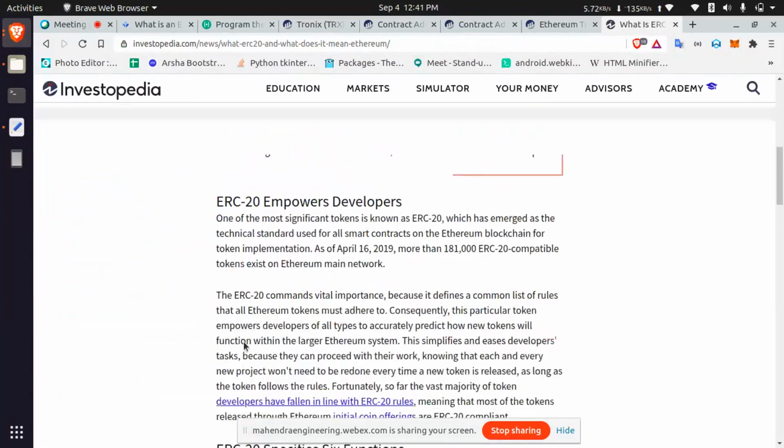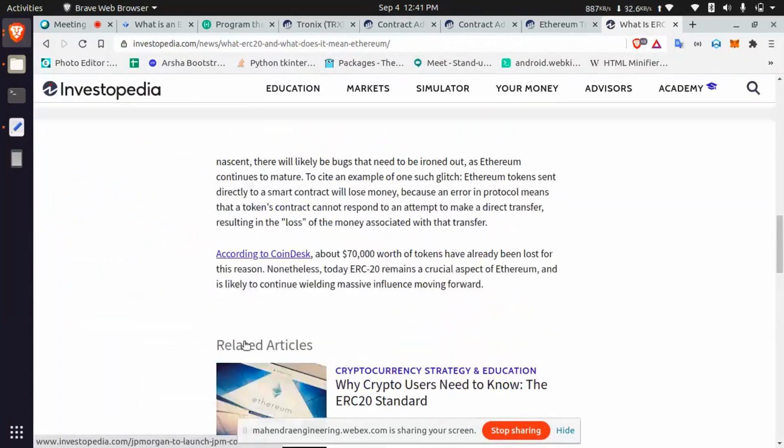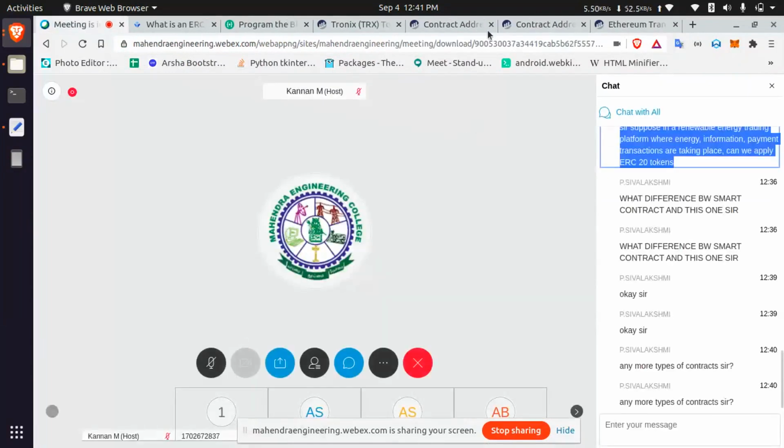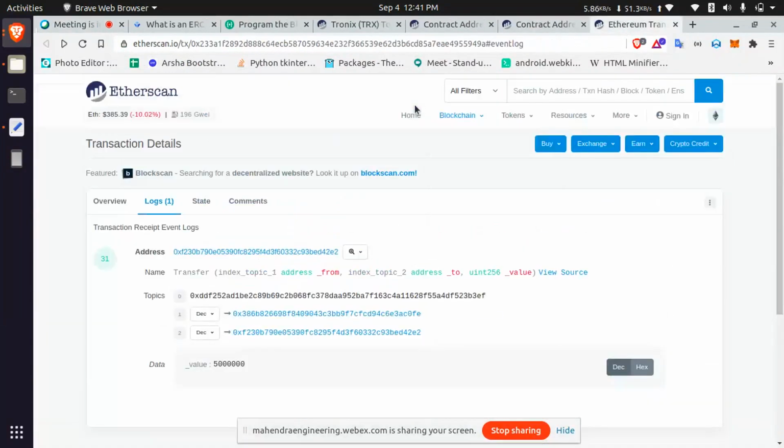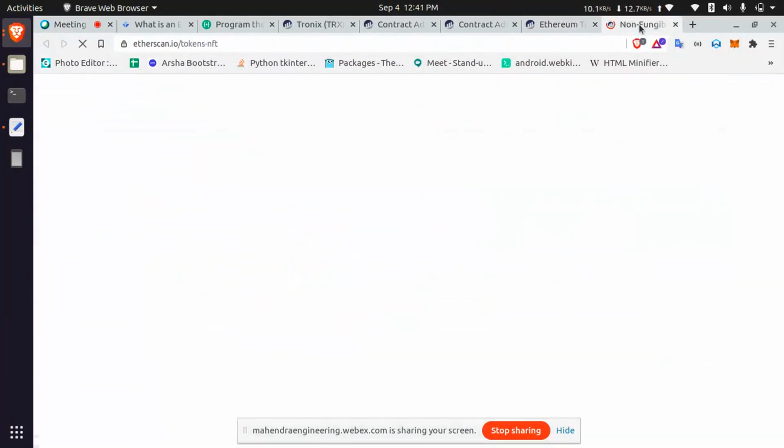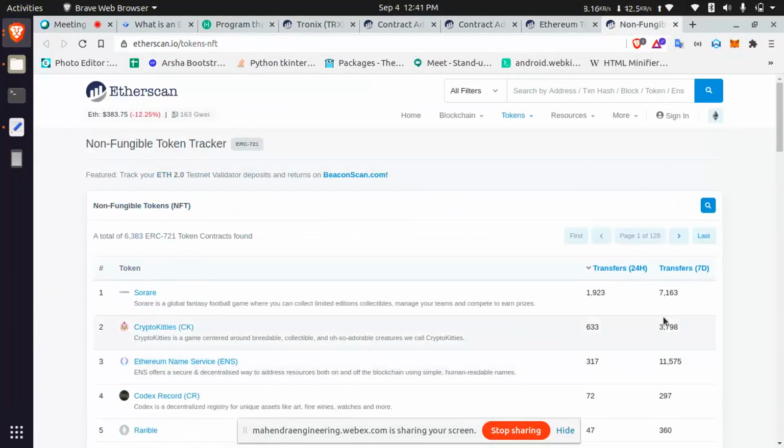There are a lot of improvement protocols also, but ERC20 is what every user will use maximum. ERC20 is for a token, ERC721 for an asset. The same way you can see ERC721.